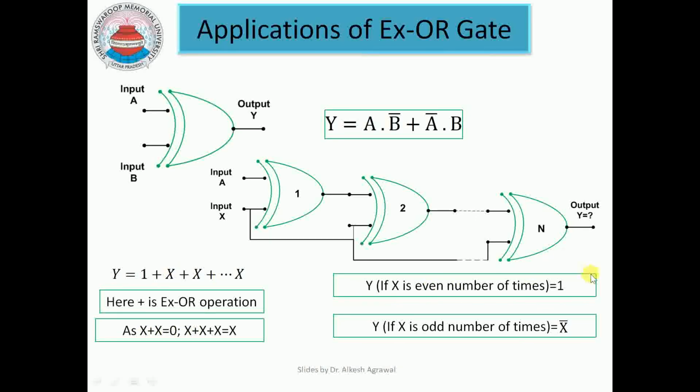So we have the final output as 1. If the x expression occurs an odd number of times, that is, if we have an odd number of gates, that is, n is equal to 5 or 7 or 11, that is, an odd number of times it is recurring, the final expression we get is 1 exclusive OR x, and 1 exclusive OR x is x bar. So this is some applications of the XOR gate.